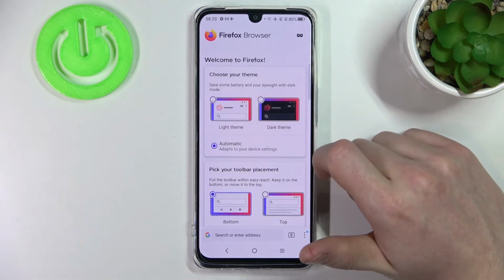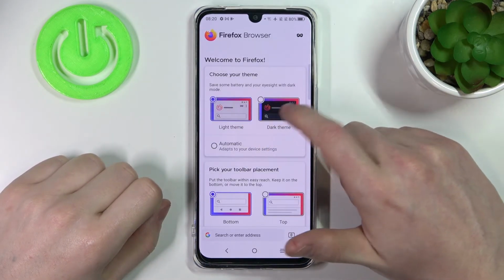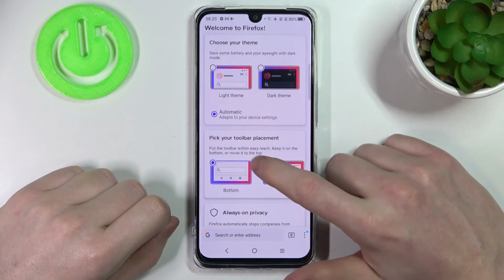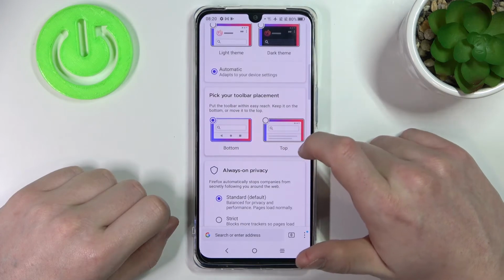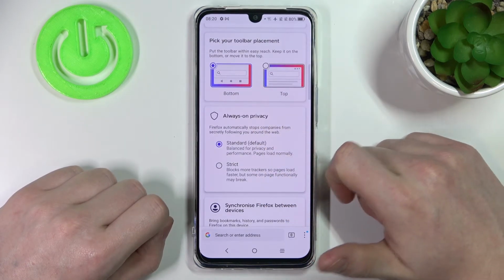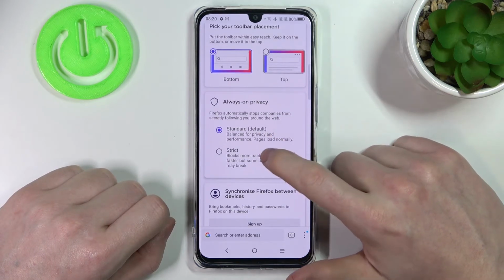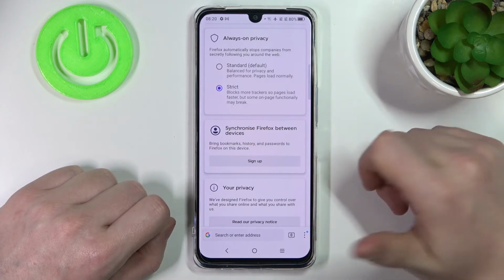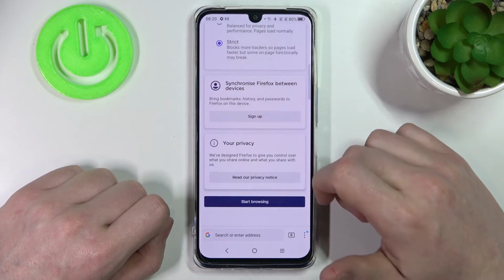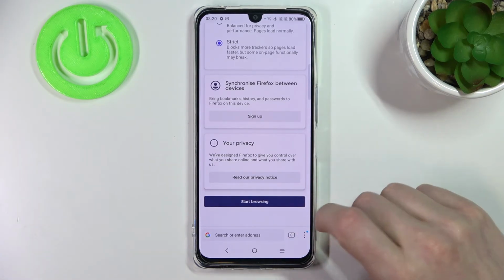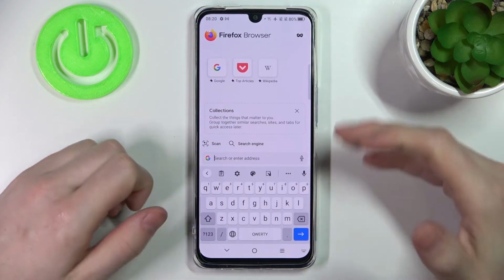After installation process is complete, we can open the app and start customizing it. So first thing, choose the theme. You can change it from light to dark or set it automatic. You can also change toolbar placement to bottom or top. Enable or change always on privacy settings from standard to strict, or synchronize other Firefox devices by signing up. You should also read this privacy notice, and after doing all that, press start browsing, and the browser is